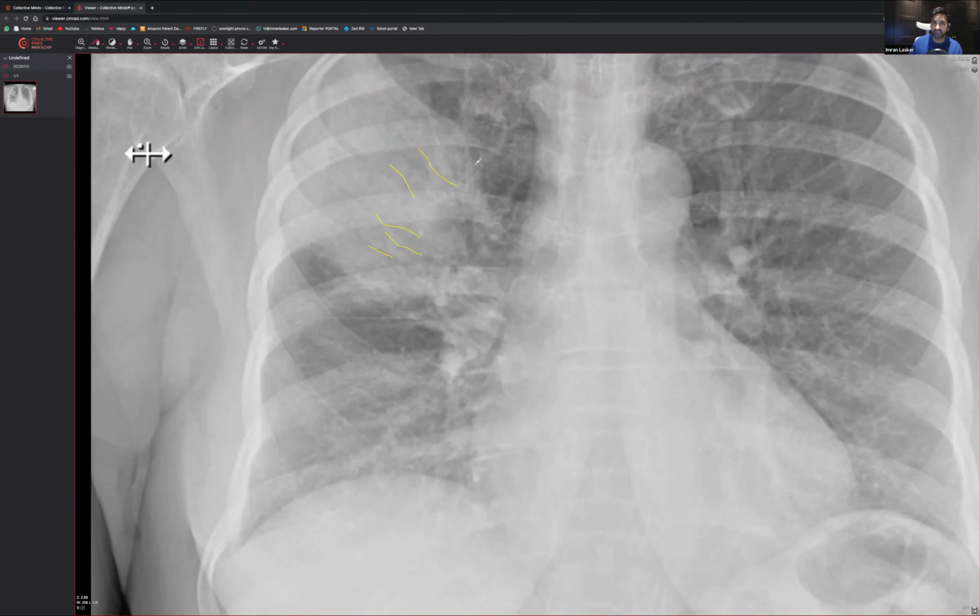So it's always a good idea to have a look and see whether there's any fractures anywhere. If there are no fractures, great. You may be looking at infection. Also, have a look at the clinical history. If it says they've got underlying infection, then fair enough. So the way I like to describe it: why has this person got this extensive radiopacity with these linear radiolucencies going through it? That's because of air bronchograms. But you may throw air bronchograms out there and think, what on earth does an air bronchogram really mean?